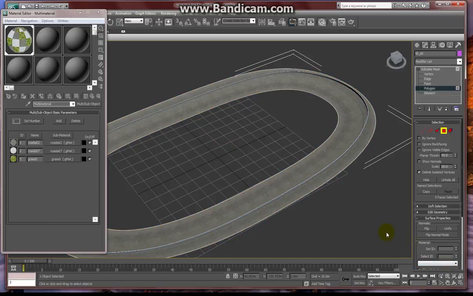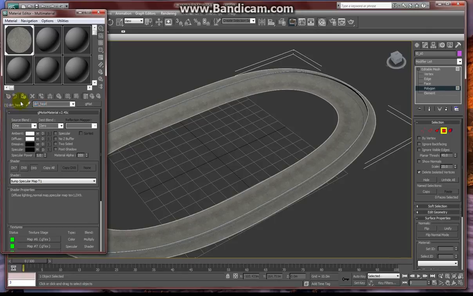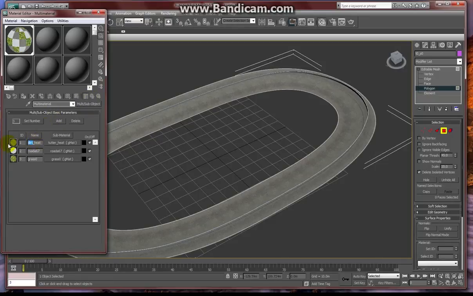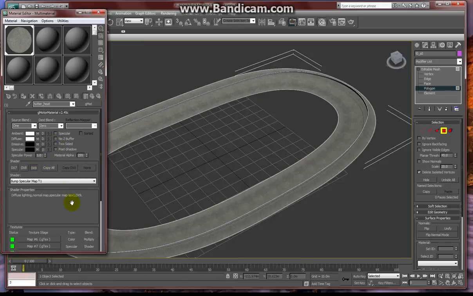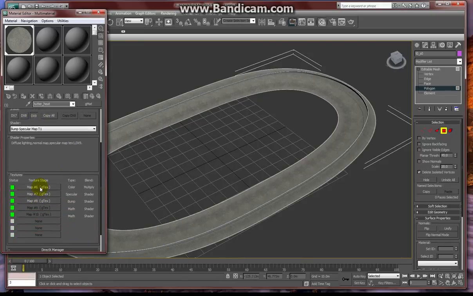When you select it, it essentially selects all of the polygons on the track. That name is mirrored over here in your material ID, or your material editor. This is what controls what the TDF call is. So when you look in your TDF and you see the materials equals, this is what it's calling. So when I go into my TDF, if I create an entry for tutter heat, which is what I just named this, just for test purposes, any adjustments I would make to it would affect all of the polygon faces